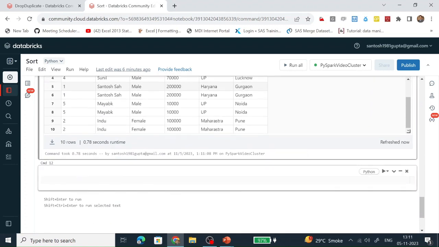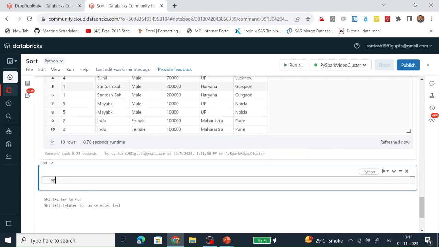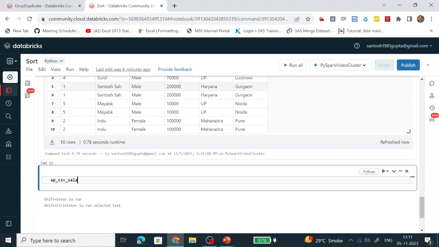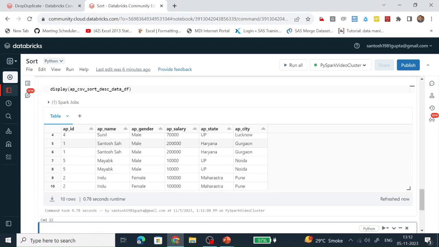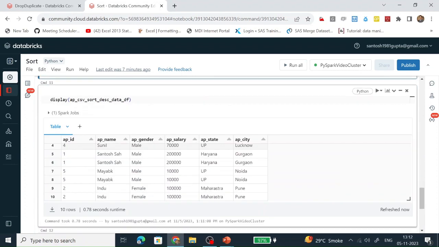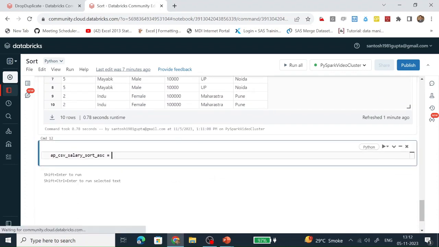Let's see another example. Now we are sorting on a numerical column. Okay, so let's see how it will work.